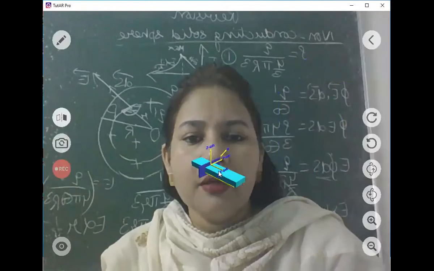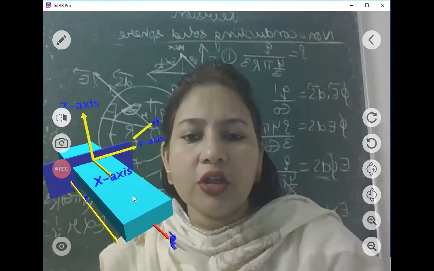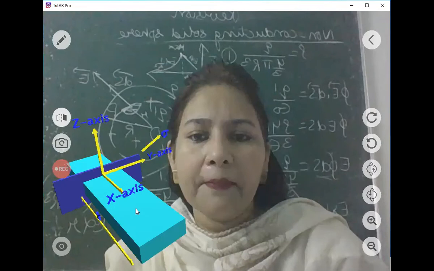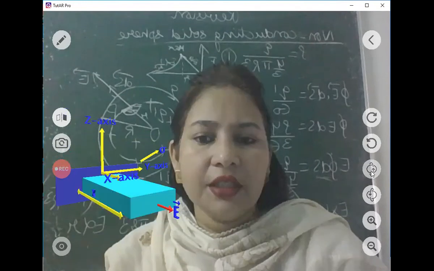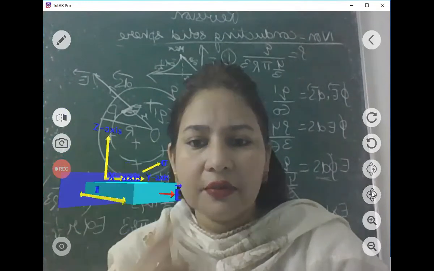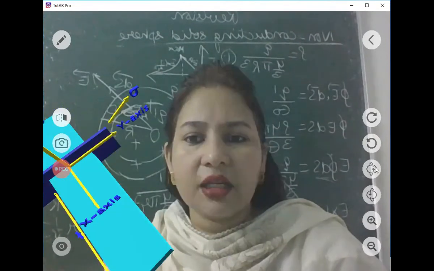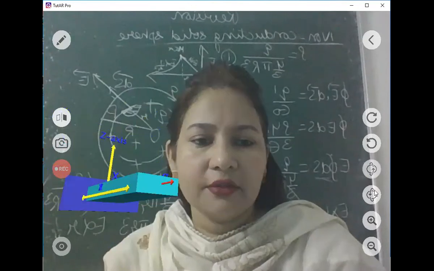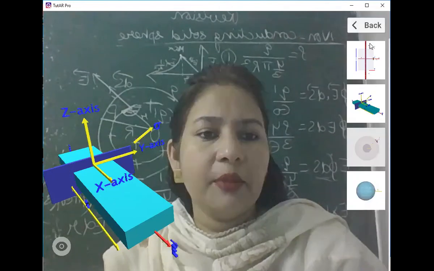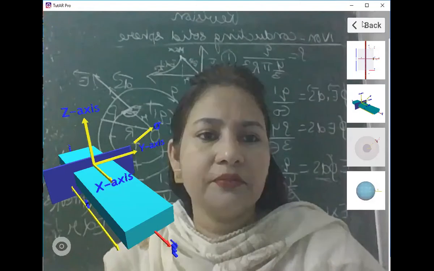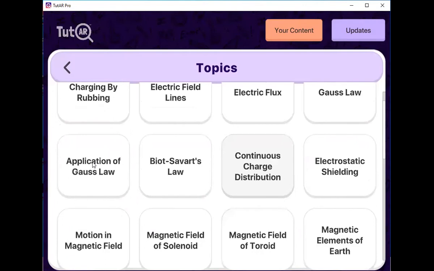Let us see second application. Infinite plane sheet of charge. आप देखिए Gaussian surface is cylindrical, and see the direction of electric field. You can well imagine area vector किस direction में, and sigma also they have mentioned here. ठीक है. And then let me show you the third application.